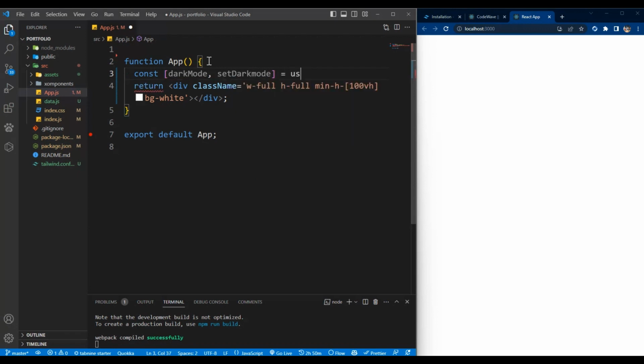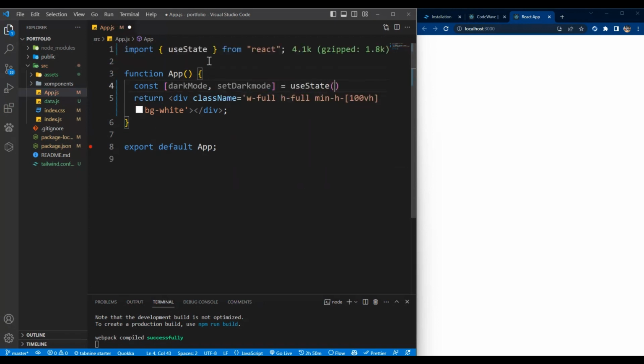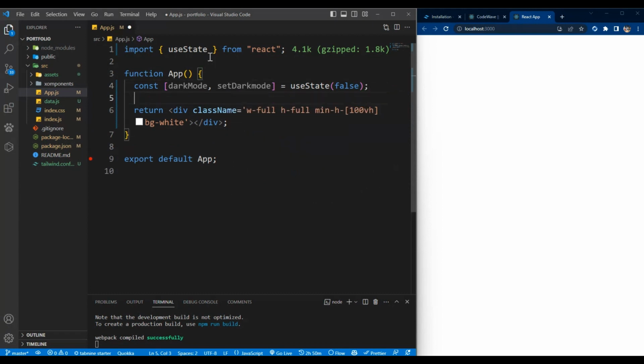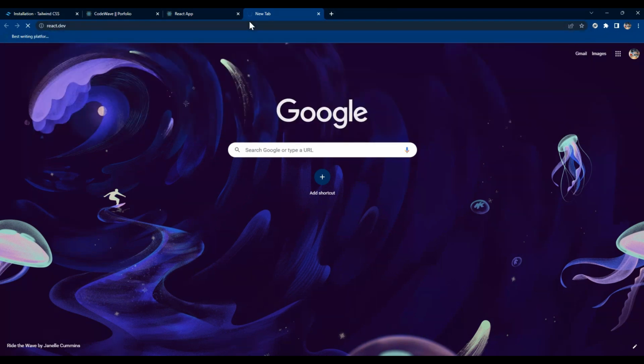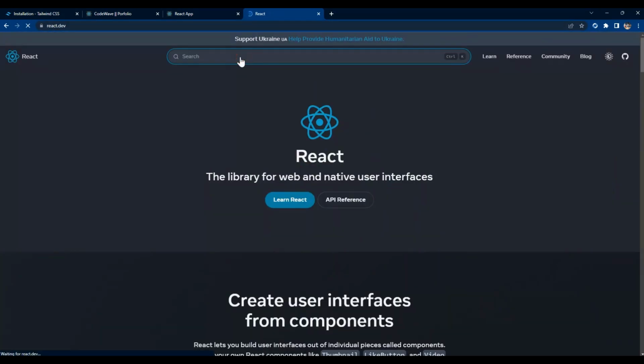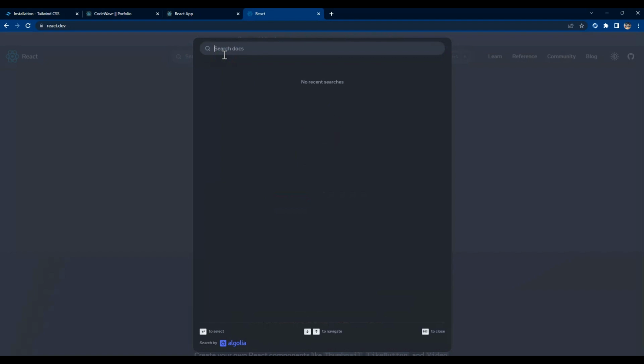Make sure useState is imported at the top here from React. If you are new to React, perhaps you might be asking what is useState. If you go to react.dev and search for useState,